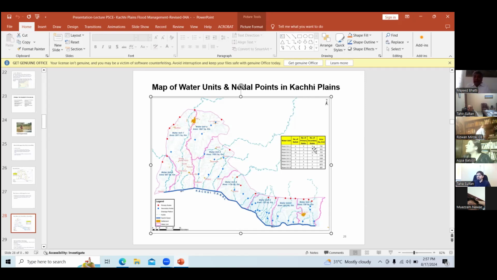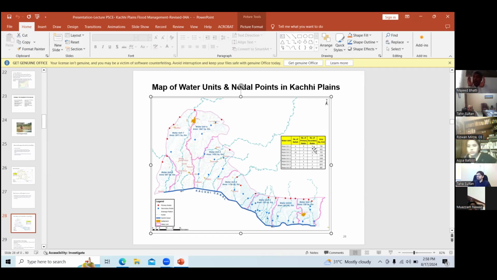And they worked out this water availability for different return periods, starting from 10 years, 15, 20, 30, 40, and 50, up to 100 years. They worked out the discharges on these nodal points with this methodology of imagery bought from the international market.